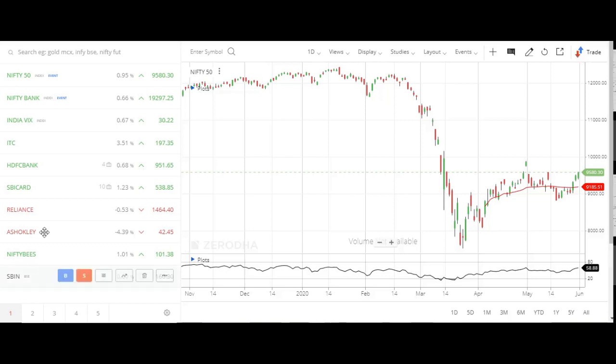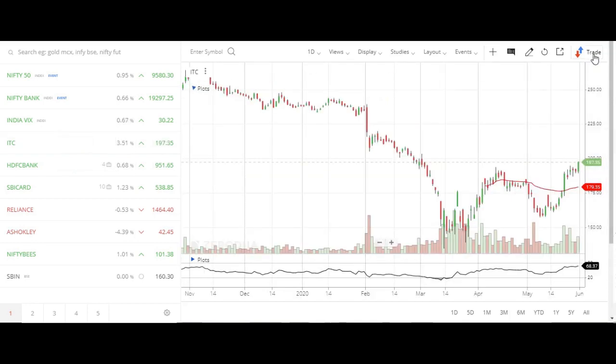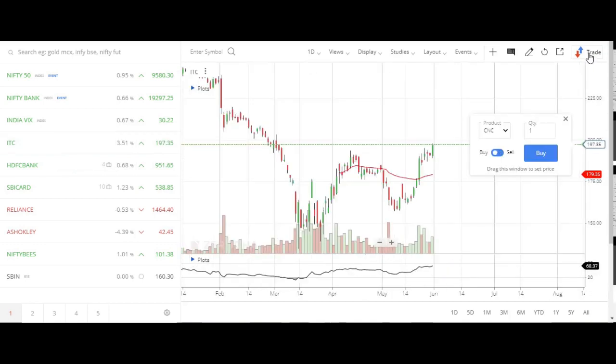This is the Nifty 50, so we cannot buy or sell it. I'll simply open ITC here. Once you click on trade, you select the product, whether you are going to carry forward or take an intraday position. After that, select whether you are going to buy or sell.